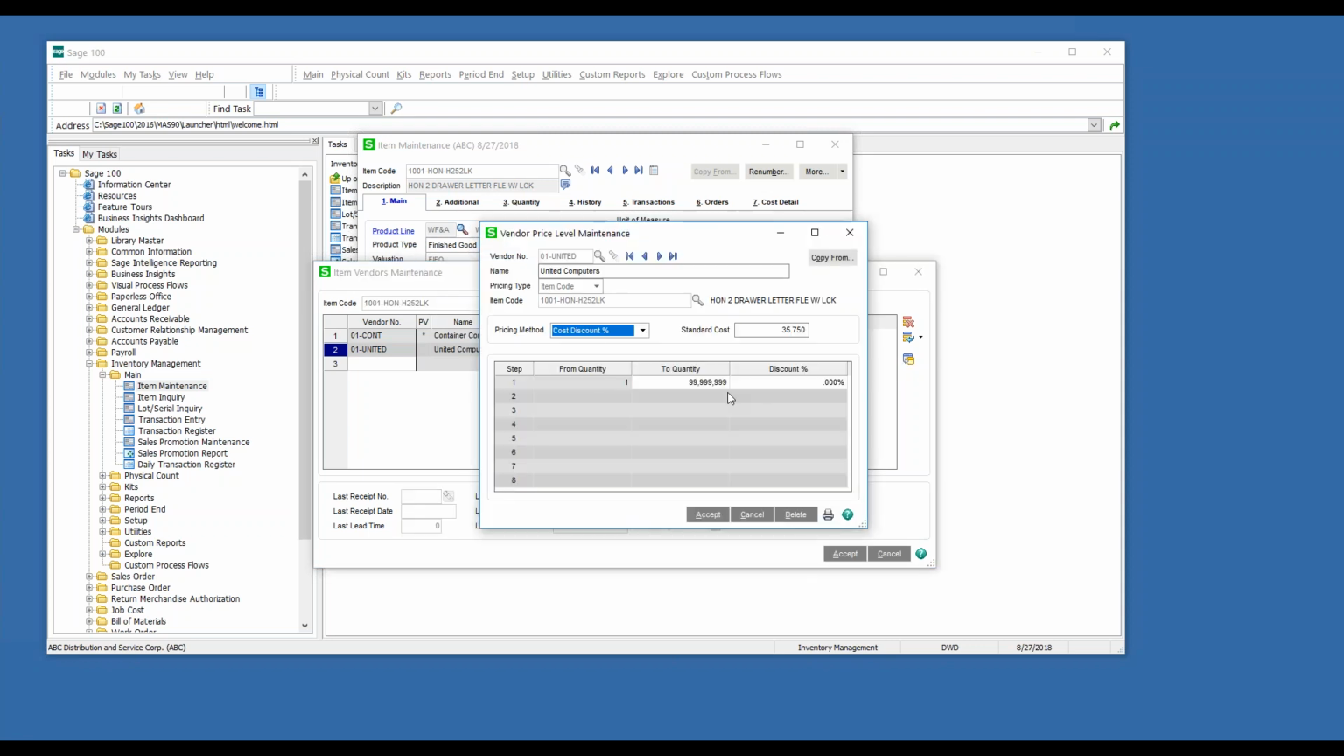Cancel. There, that's what I wanted to see. So there's my item, and it, again, defaulted to cost discount %. I'm going to choose standard cost. Now this one I'm going to set up a few different price levels. Let's say from 1 to 100,